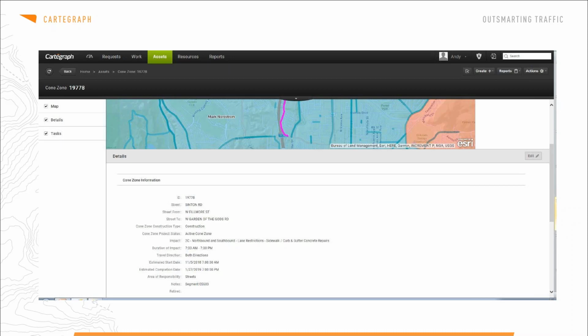For example, this one is just a time restriction from 7 a.m. to 7 p.m. During the nighttime hours, the traffic is opened back up for all lanes. The estimated start and completion time is very important, so they can see if it's a very short-term zone or long-term. The area of responsibility just notates this is something that's not seen by the citizens, but it's something that